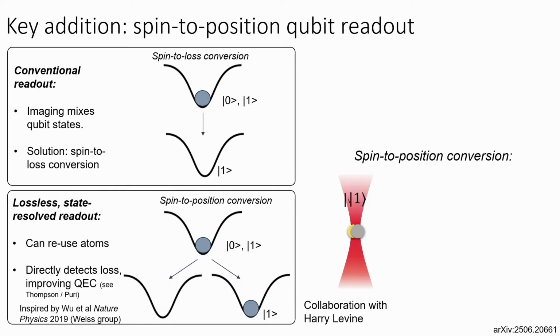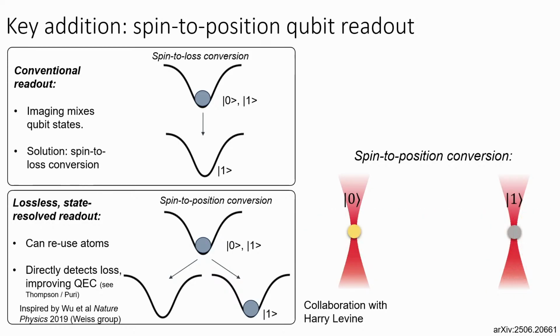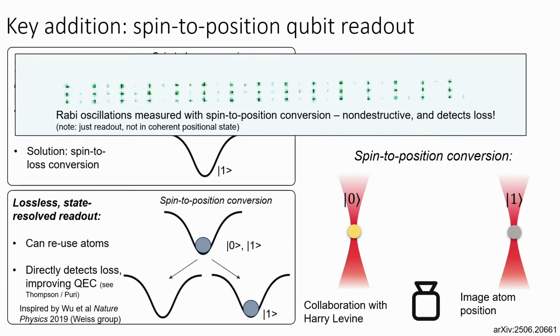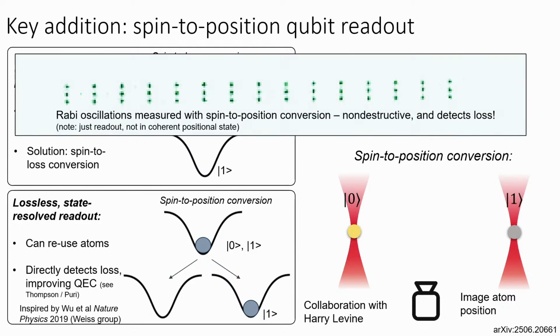We take an optical lattice and shine this optical lattice on these atoms, and then move the atoms in their tweezers to separate them. One of the atoms gets pinned by the lattice, and the other one doesn't, and just moves freely through the lattice. And then we image the atom's position. And then here we measure the Rabi oscillations. So this is what Rabi oscillations look like measured with a spin-to-position conversion. We tried roughly 5 new techniques, I would say, for non-destructive readout, and we have this amazing track record that the technique that ends up working the best is also typically the one that looks the coolest.